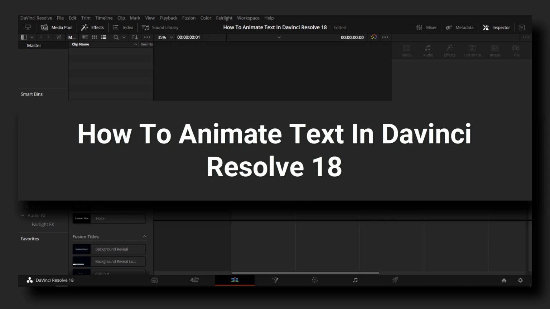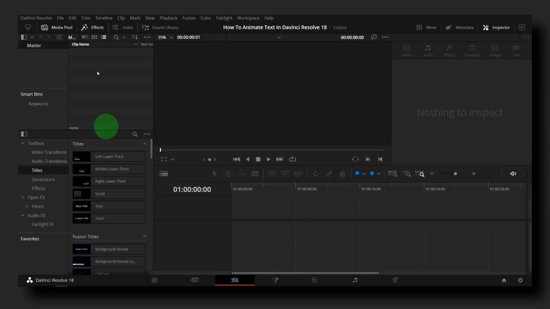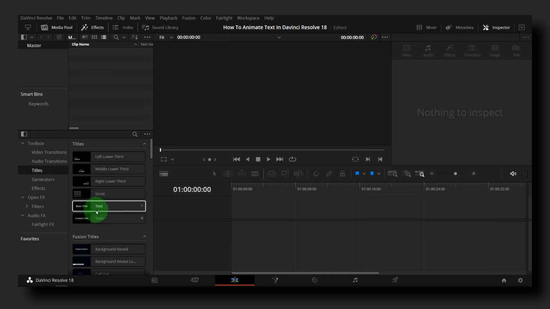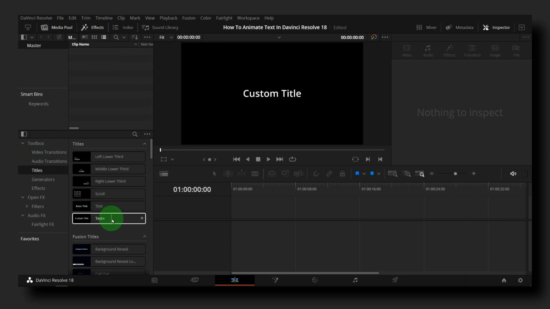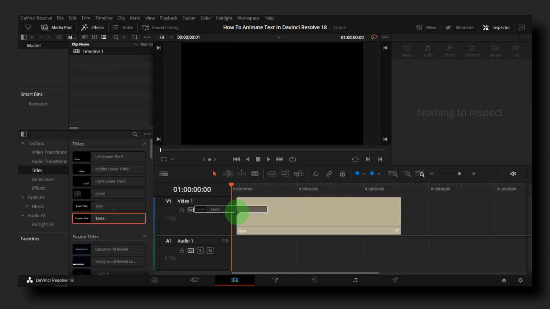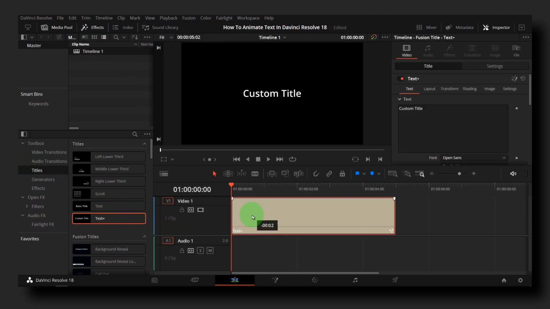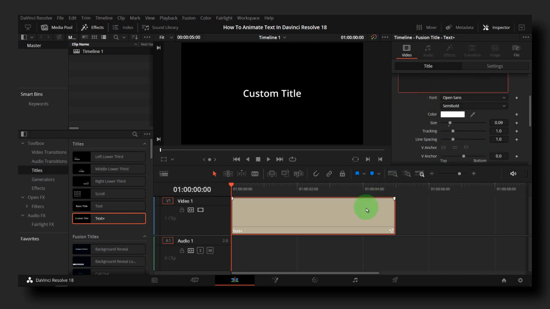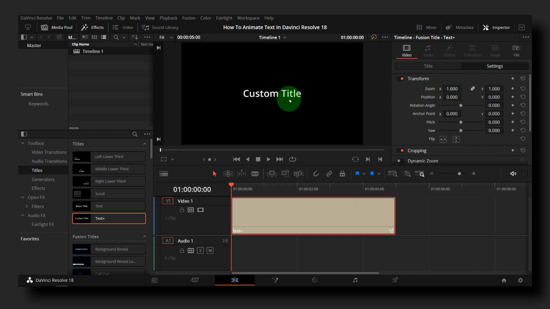So what you have to do is go to the edit panel, then click on effects, and then click on titles. Select which title you'd like to use. I'll go with Text Plus, drag it over to the timeline, and after you write here what you want, go to settings, and here